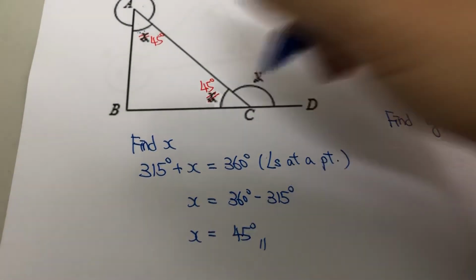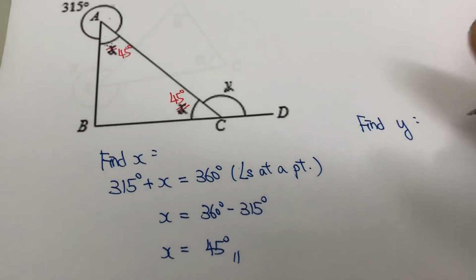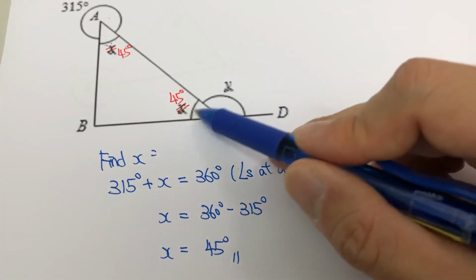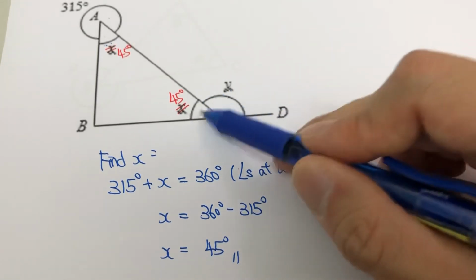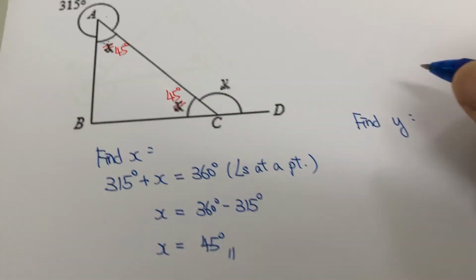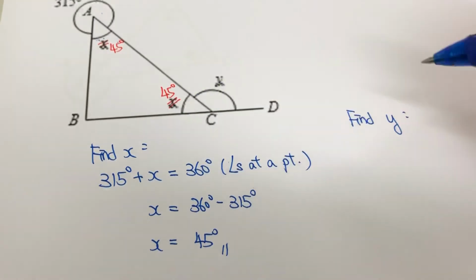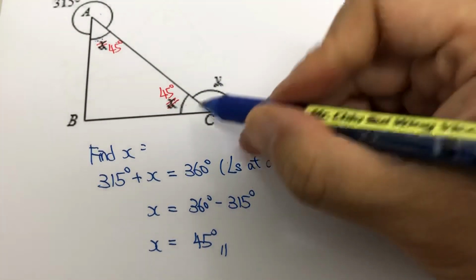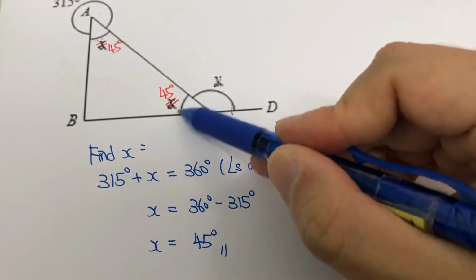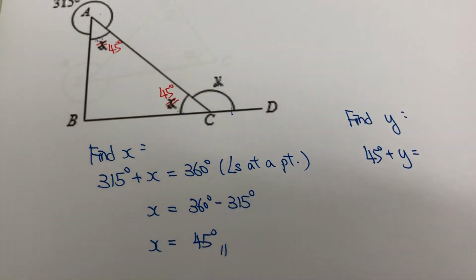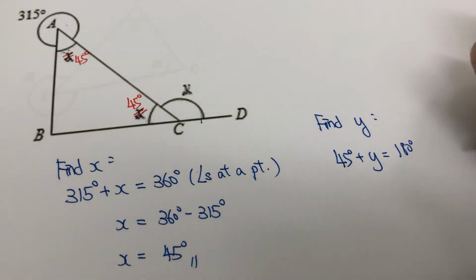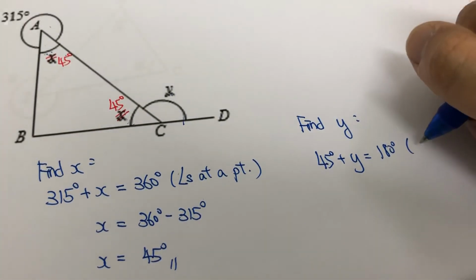And now we could try to find y. Find y. Then what about y? How could we find y? Okay, what about y and 45, these two angles? Can you tell the relationship? 45 plus y will become what? 45 degree plus y becomes, yes, a straight angle. For a straight angle, the size is 180. So the reason is